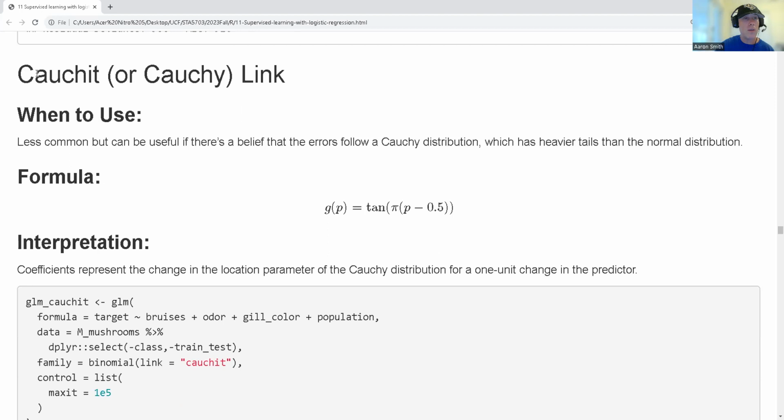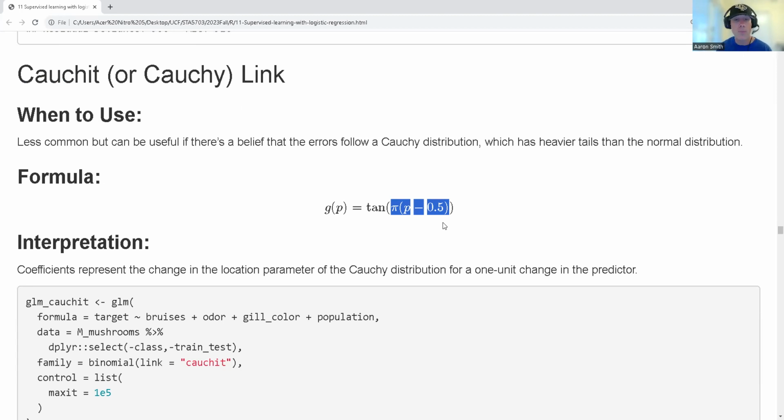Now the Cauchit link is where, instead of using the normal distribution, we're using the Cauchy distribution. You'll notice here I've got inverse tangent. No, this is tangent, this is okay. We're invoking inverse tangent on this. I'm subtracting 1/2 from my probability, so that goes from negative 0.5 to 0.5, and then multiplying by pi. The inside here goes from negative pi over 2 to pi over 2, so we're within the standard domain